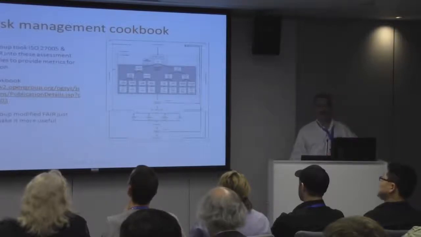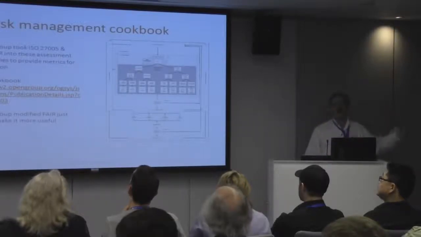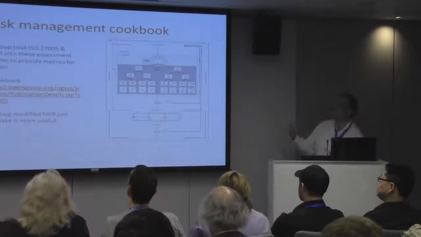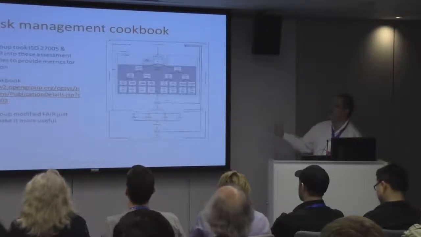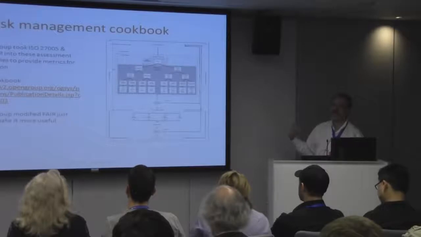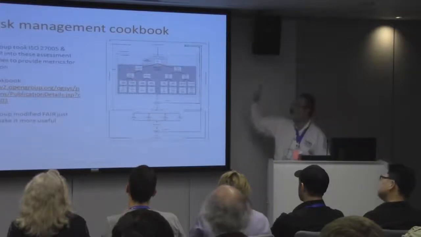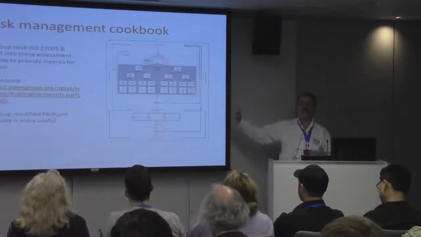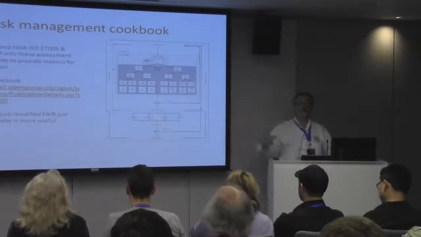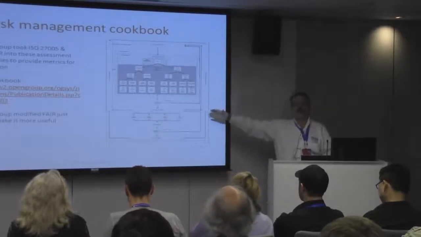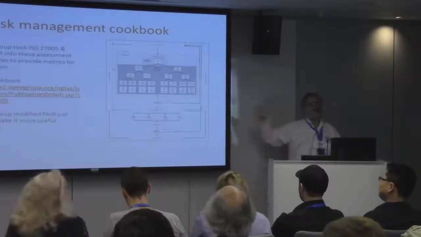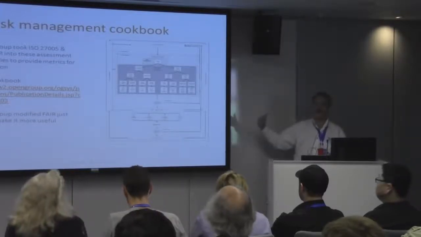The Risk Management Cookbook is a very, very nice analytical methodology for doing analysis of risk that came from a partnership of the Open Group and the folks who did the Factor Analysis of Information Risk, FAIR. They have published this. This is freely available. It's a nice synthesis of ISO 27005, which you now don't have to pay for, and the methodology behind the Factor Analysis of Information Risk. And the best thing is that the Open Group modified FAIR to make it usable.